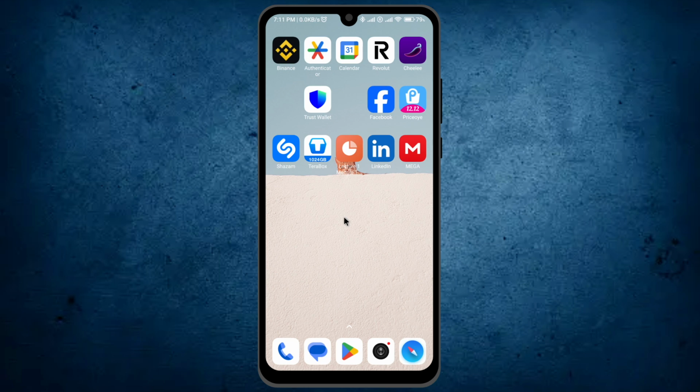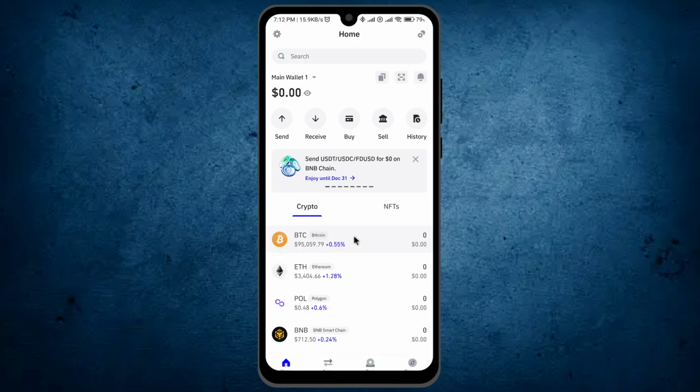Hi guys, today I will explain how to purchase Tron in Trust Wallet. This process is really simple and easy, and the first thing is to open the application. Once it is open, this is the homepage of Trust Wallet, and if we scroll down, you will